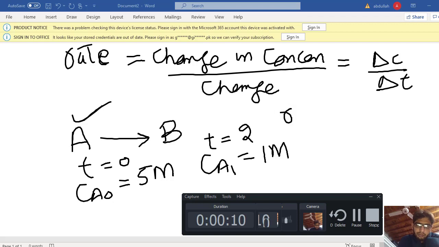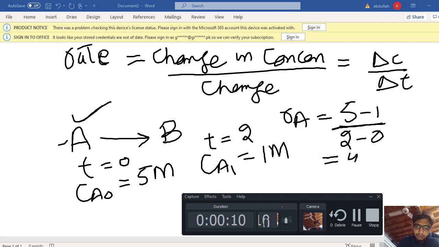We know that the rate of reaction in terms of A is Ra, which is nothing but change in the concentration, 5 minus 1, divided by change in time, 2 minus 0, which is 4 divided by 2 molar per second, which was the rate of this chemical reaction. So this was